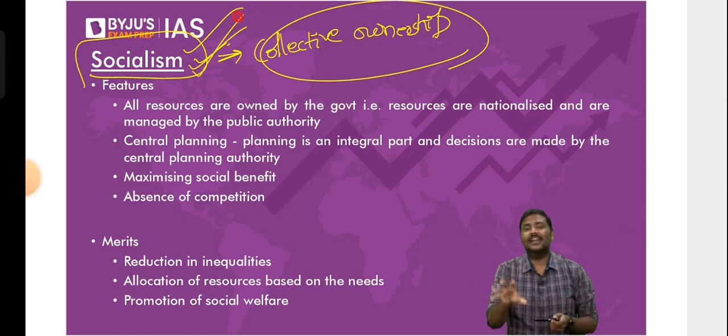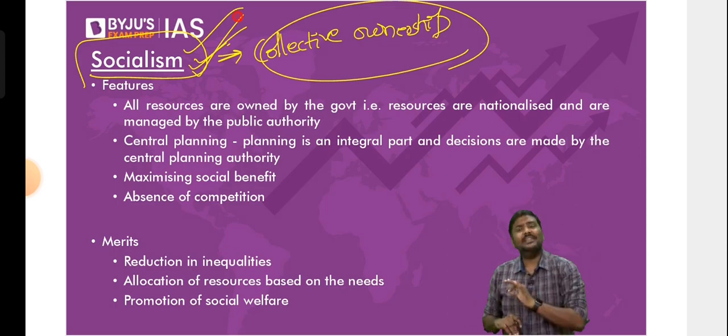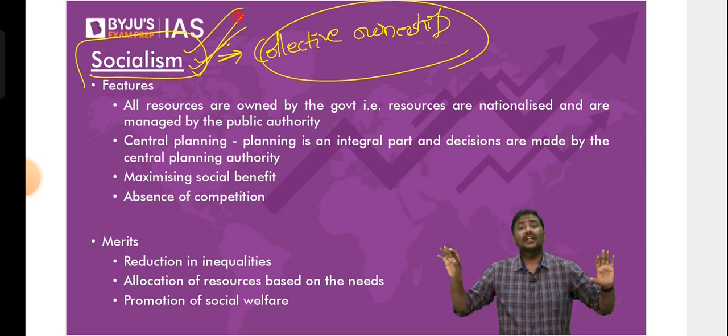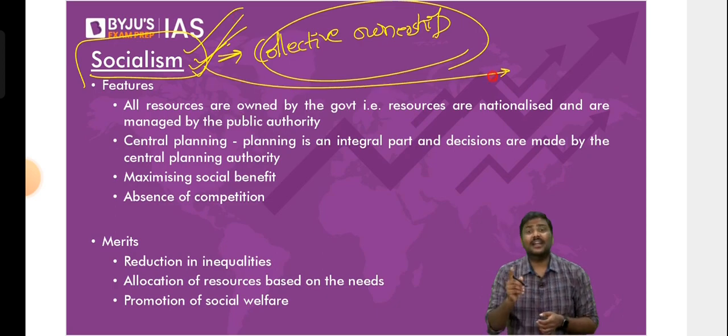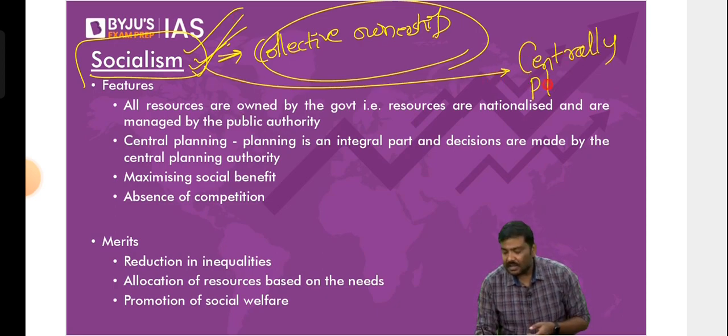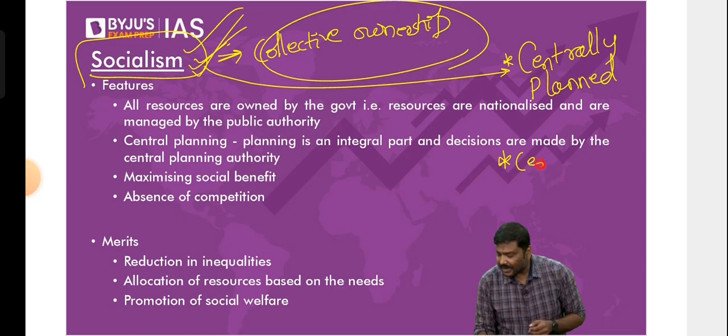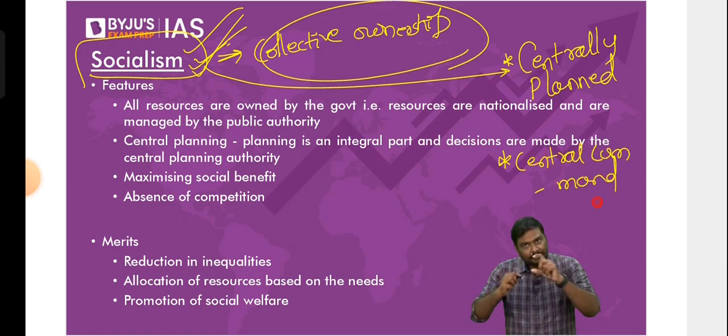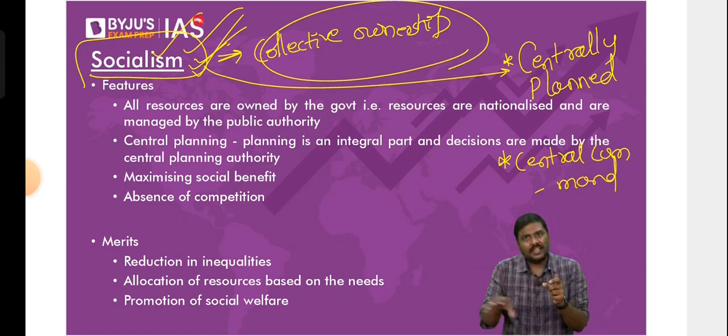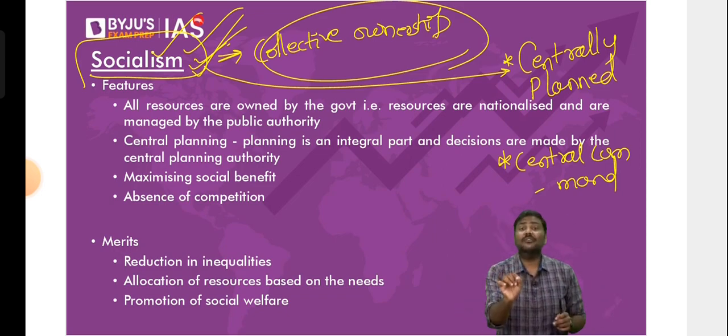Understand the logic here. Generally, in a country which follows socialism, the government will plan, implement the plan, make investment, and set up companies. Everything is done by the government itself. That is the reason those countries follow a centrally planned economy, or central command economy. Remember these terms. These are very close to the idea of socialism, where government plans everything, implements everything, sets up the companies, and decides what is good for you and what is bad for you.